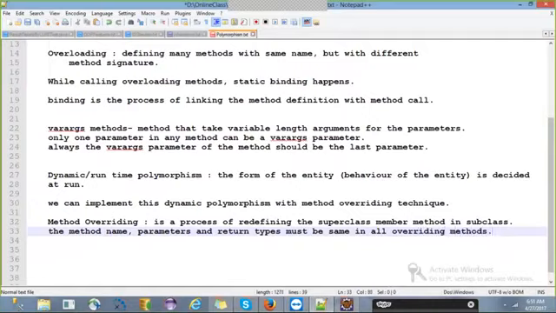Means you may be writing 5 copies of the same method in a superclass and subclass and other subclasses and furthermore subclasses, or you may be writing two versions, one in superclass and one in subclass only.